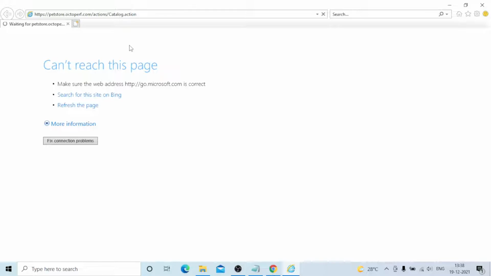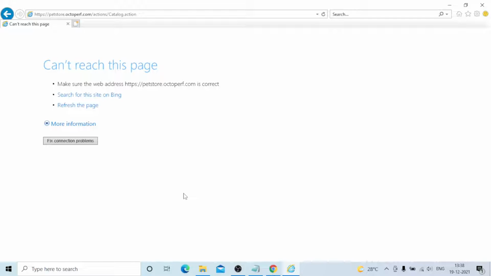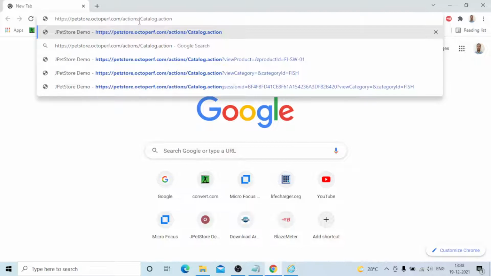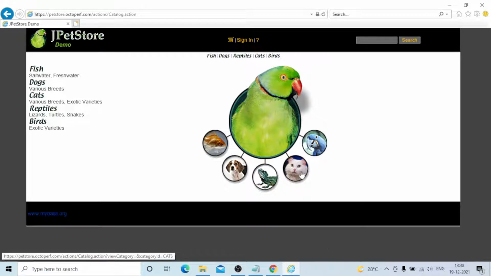It will open. Yeah, it's open now. The application is open in the Internet Explorer.